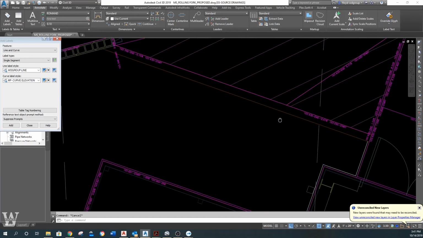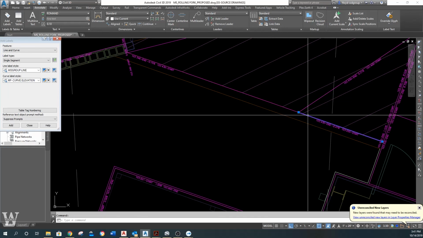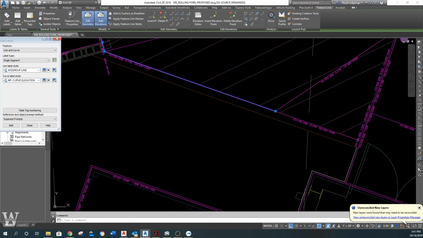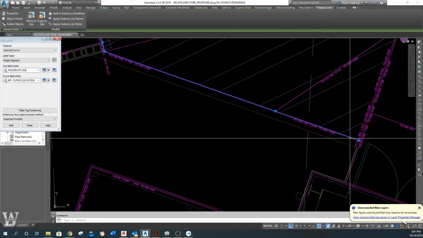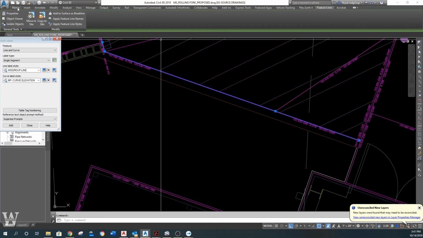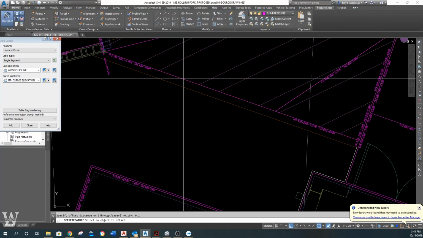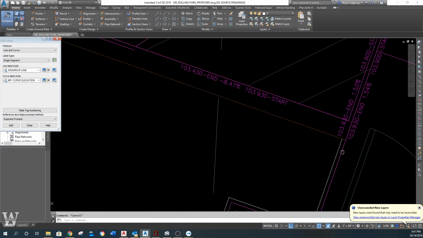Now let's tie this in. So where this line is going to here, and this line is going to there. So we want to, this line is going to slope on the bottom, but on top it's not. It's sloping down. So what we'll do is we will do feature line stepped offset, just our standard 0, and we'll take right here